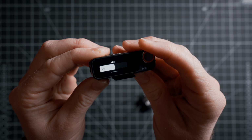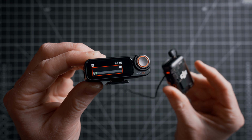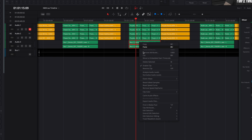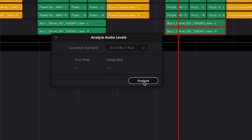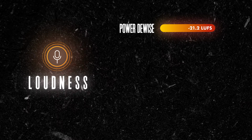To first measure loudness, I set the transmitter gain to 0 and then recorded directly onto the transmitter, repeating the same lines with the microphones pinned to the same position on my shirt. This allows for consistency across all microphones, and then we can measure the true peak and loudness levels using the ITU 1770 loudness standard. After running the tests, the PowerDWise comes in at the loudest at -21.2 LUFS, followed by